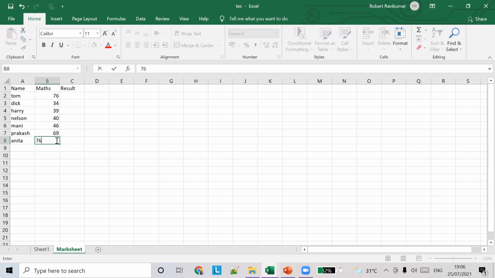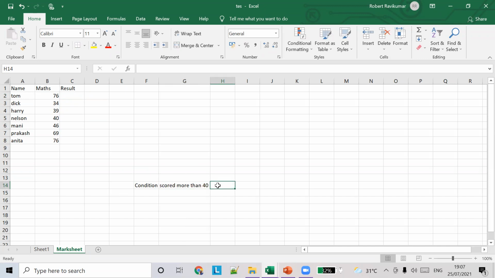So let's say our pass mark is 40, out of 100, so usually it's 40. Let's keep the pass mark at 40, sorry. So the condition to be tested is whether it's a pass or not, and to find that we have to find whether the score is more than 40. That means even if he scores 40, it's fail. If it's 41, he is pass.